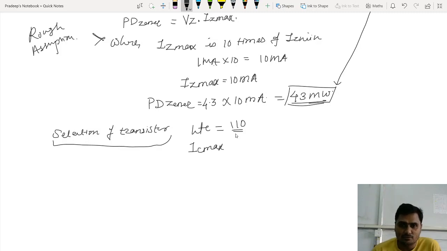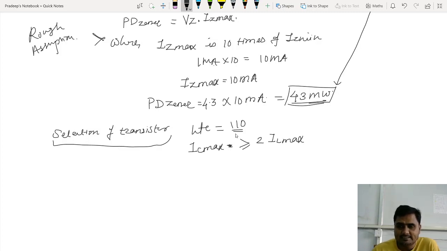Again, IC max is also one important parameter which I can use to select the transistor. But see, IC max is nowhere defined. Now, what is the alternative to decide that whatever transistor I am going to select should have that much IC max? So IC max must be greater than or equal to twice the load current,